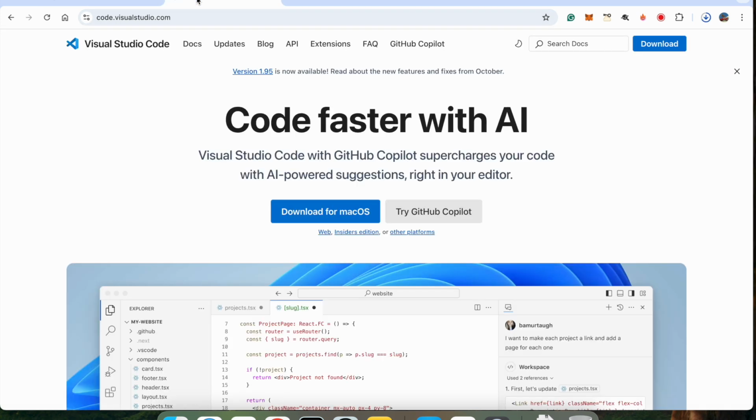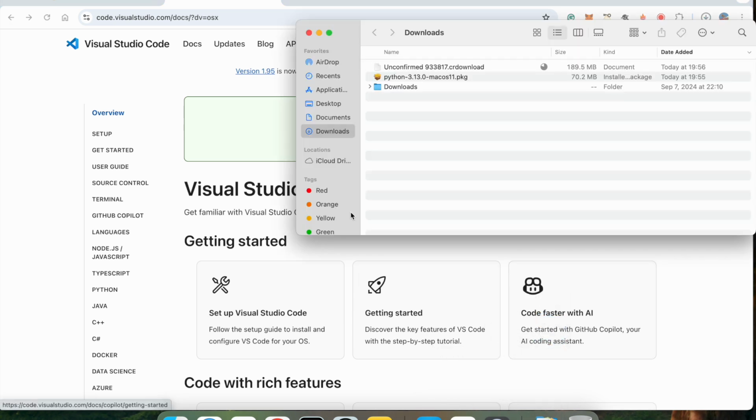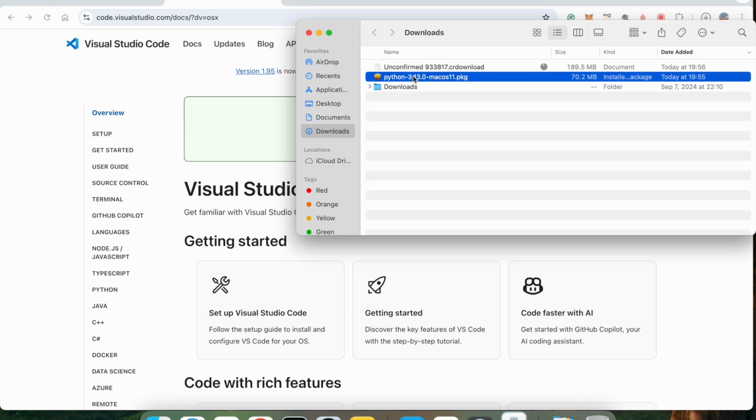So I'm going to go to Visual Studio Code, which is code.visualstudio.com, and download Visual Studio Code from here. You can do the same thing for Windows and download for Windows. And now it's downloading my Visual Studio Code. I can open my downloads folder, and as you can see, Python is already downloaded. So I'm going to click on that